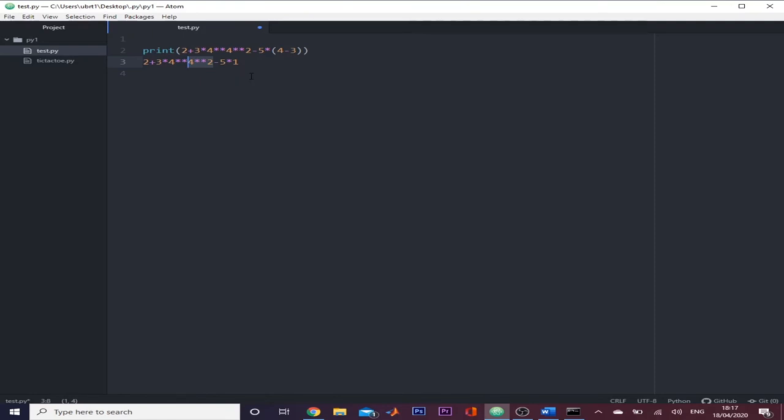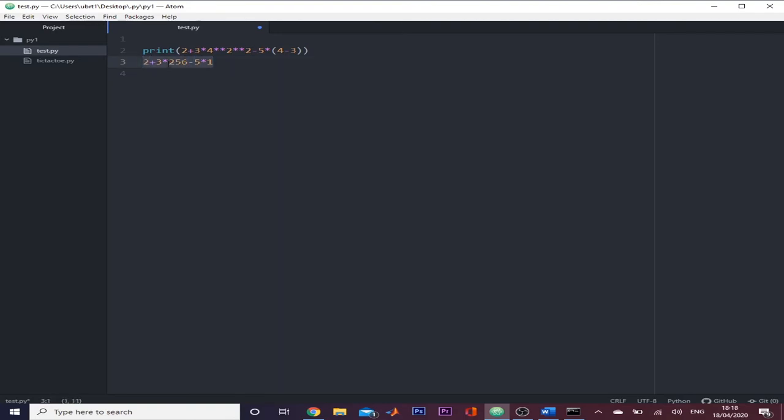As the power operators are evaluated from right to left, first we will operate this part, then this part. So 4 raised to power 2 is 16, and this will be replaced by 16. Now again, as our powers will be calculated, 4 raised to power 16 is a very large number, so we will make it 2, and 2 to the power 2 is 4. Now 4 raised to the power 4 is 256.